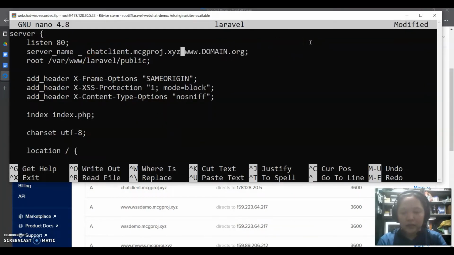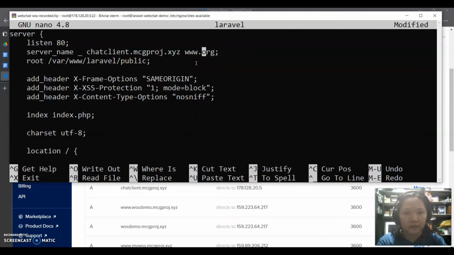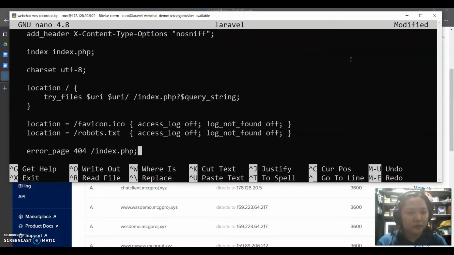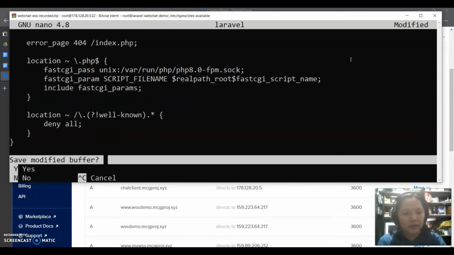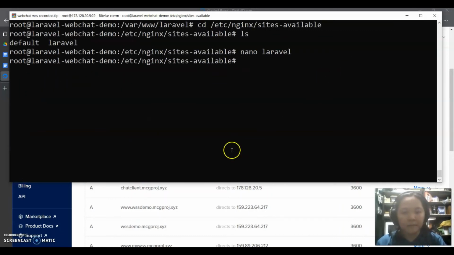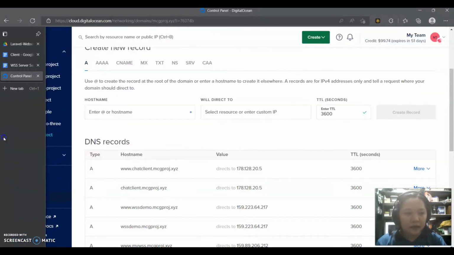paste, and then we will also change this domain.org. There. We'll paste it with chat client and cc. Okay. And save. Control X. Save. Okay. Next for the guide is